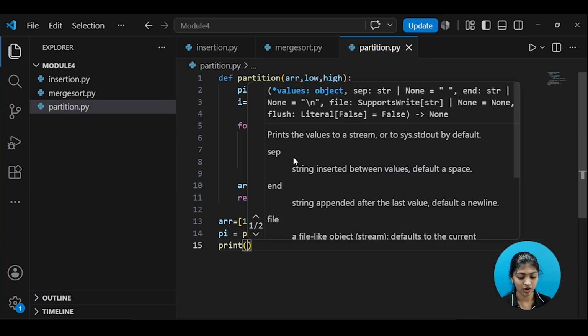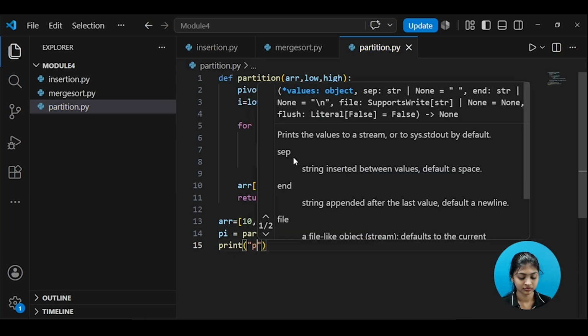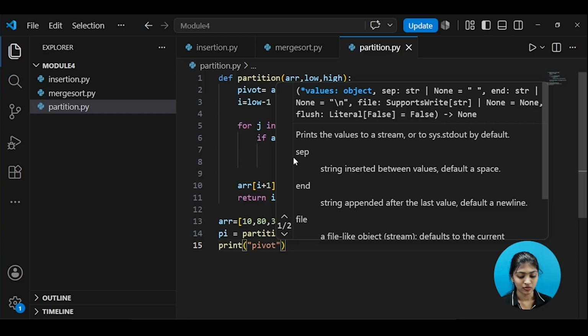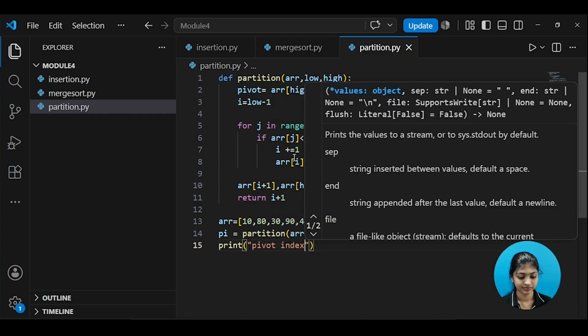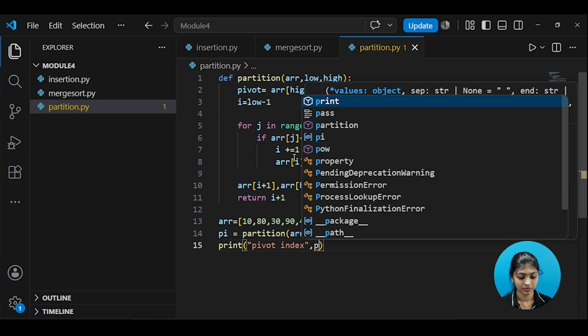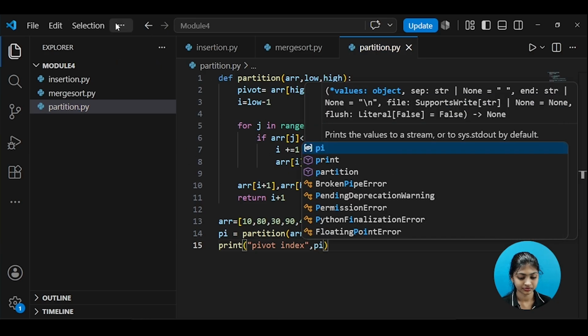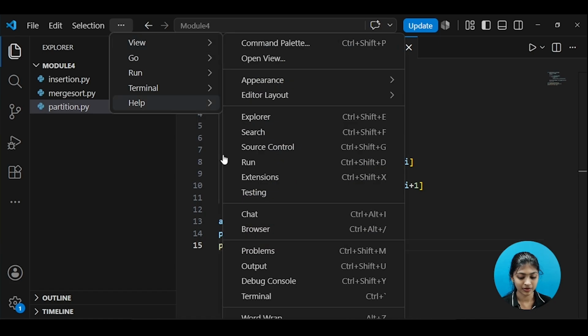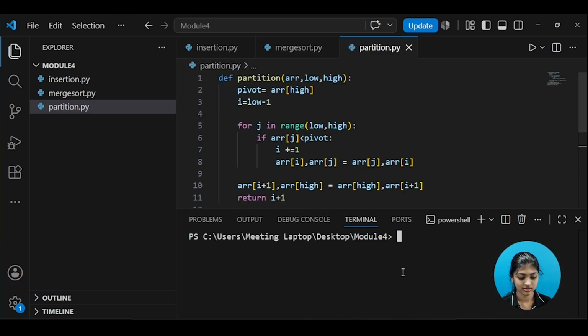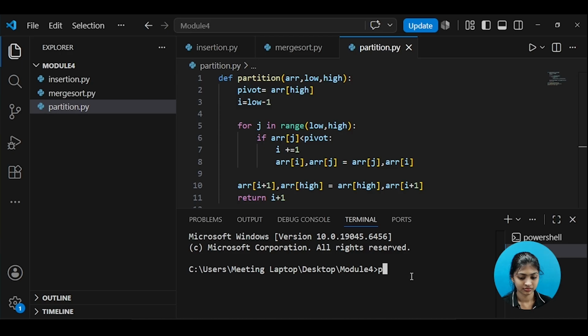Now we'll print the output. Print pivot index, pi. This prints the pivot index. Now let's save it and run it with the file name. We can see our output. Pivot index is